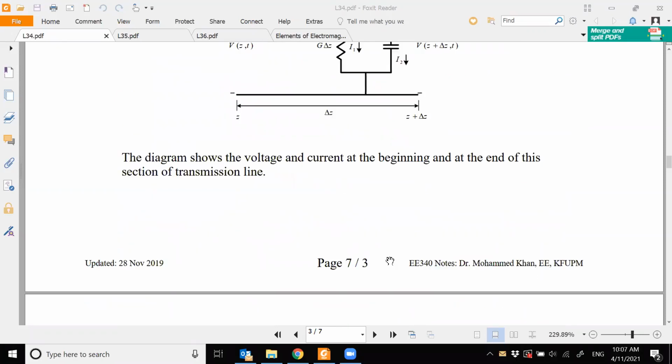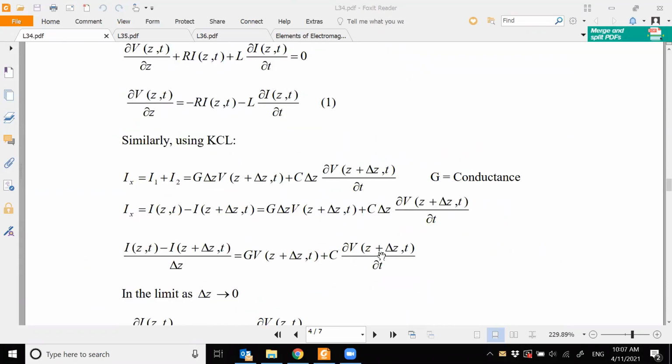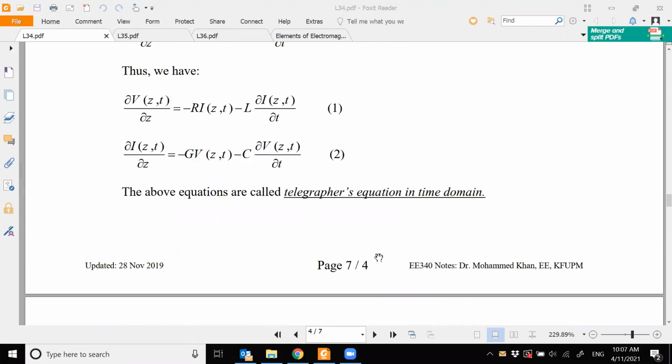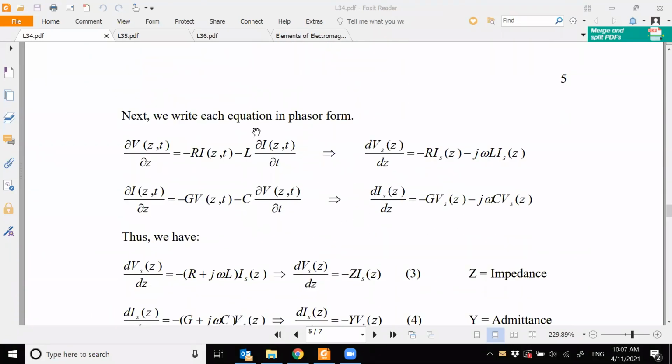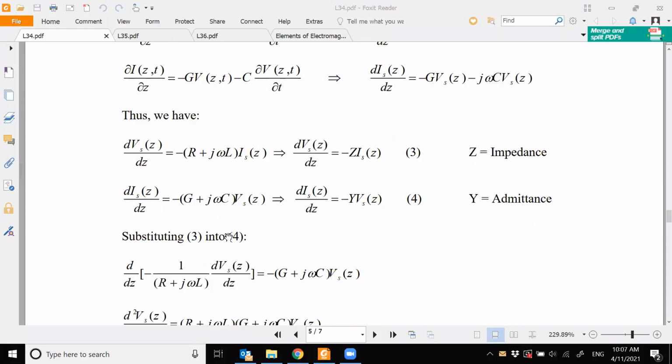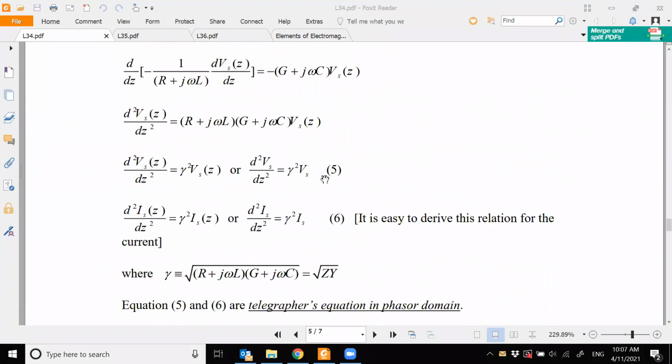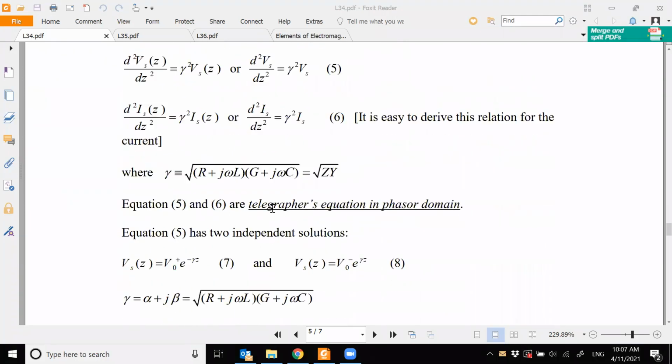We used Kirchhoff's voltage law and Kirchhoff's current law. We solved it, and eventually we got what is called the telegrapher's equation in time domain. And in order to further solve it, we used the phasor analysis, and in the phasor analysis, we got these as our telegrapher's equations. And then after solving it,